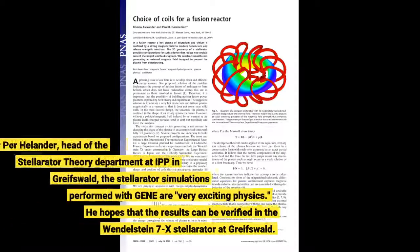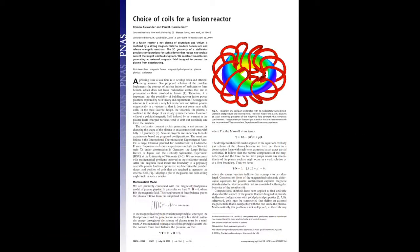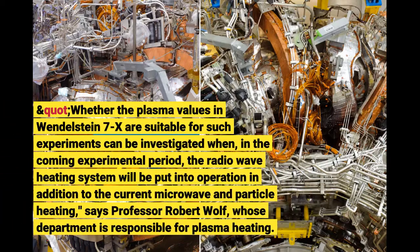For Professor Per Helander, head of the stellarator theory department at IPP in Greifswald, the stellarator simulations performed with Gene are very exciting physics. He hopes that the results can be verified in the Wendelstein 7-X stellarator at Greifswald. Whether the plasma values in Wendelstein 7-X are suitable for such experiments can be investigated when, in the coming experimental period, the radio wave heating system will be put into operation in addition to the current microwave and particle heating, says Professor Robert Wolf, whose department